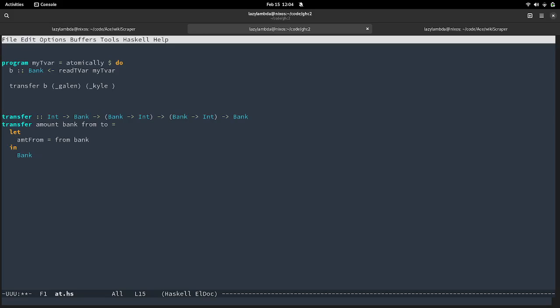I'm not going to worry about the logic for now, because I kind of coded myself into a quick hole here, but this is either going to succeed or, say, okay, case amount from is less than the amount to transfer.